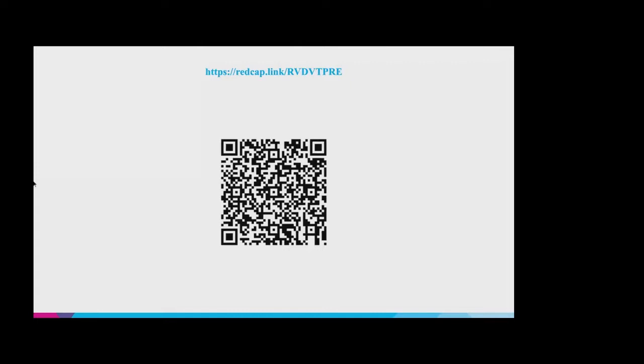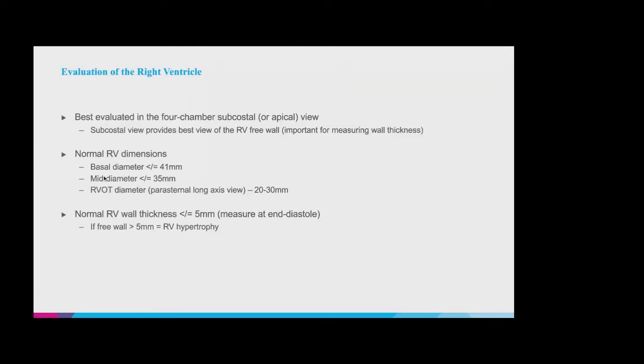In terms of what's a normal size of the right ventricle, you do in general want to measure it in two separate spots. You want to get very close to the tricuspid valve, and at that basal diameter of the right ventricle, it should be less than 41 millimeters. And then you want to measure it halfway towards the apex, so mid diameter, and that's going to be less than 35 millimeters. If we're really only able to get